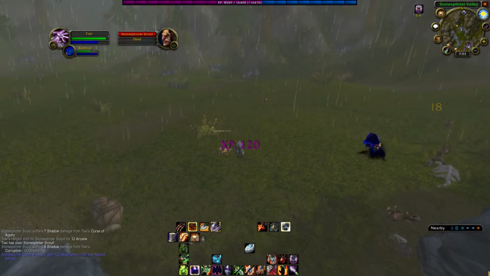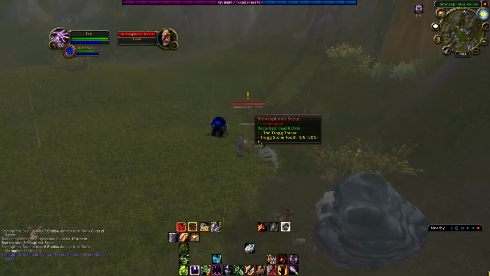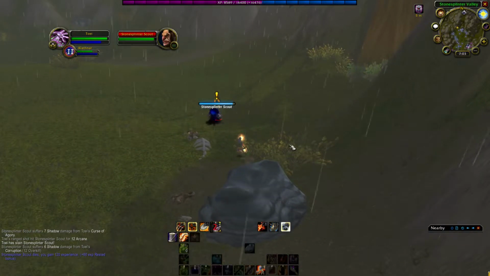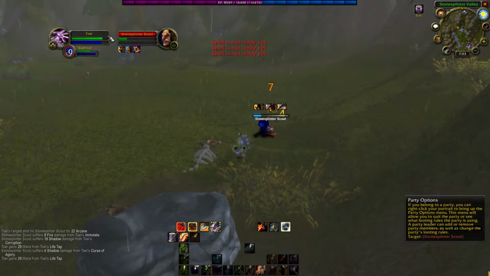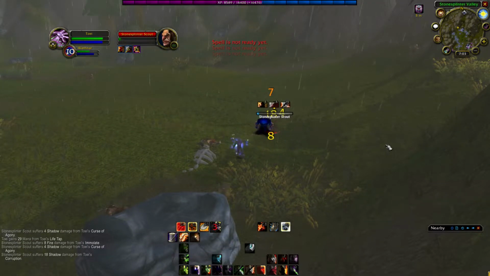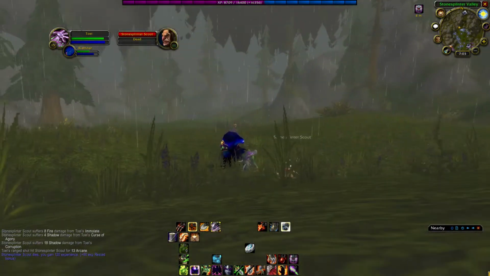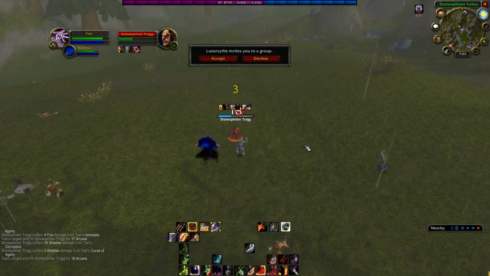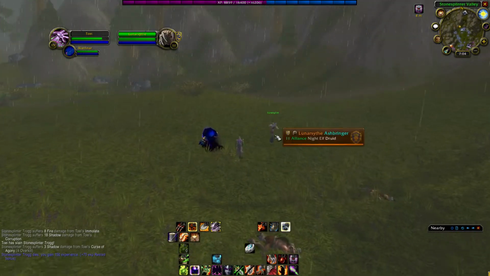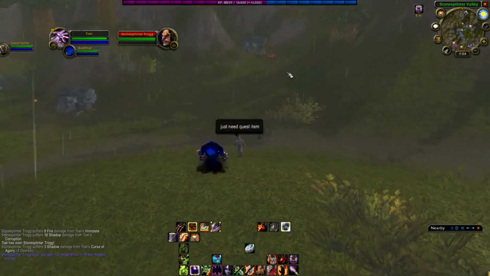We have a few more tubes, I think. Yeah, there's another one. Give me some tubes, man. I know I can keep Life Tap, but it's so unnecessary, because I hold my mana anyways, and I have some soul shards that don't drain that much really. I just need a few more, but I guess I can go and rip with him anyways. Just need a quest item, so